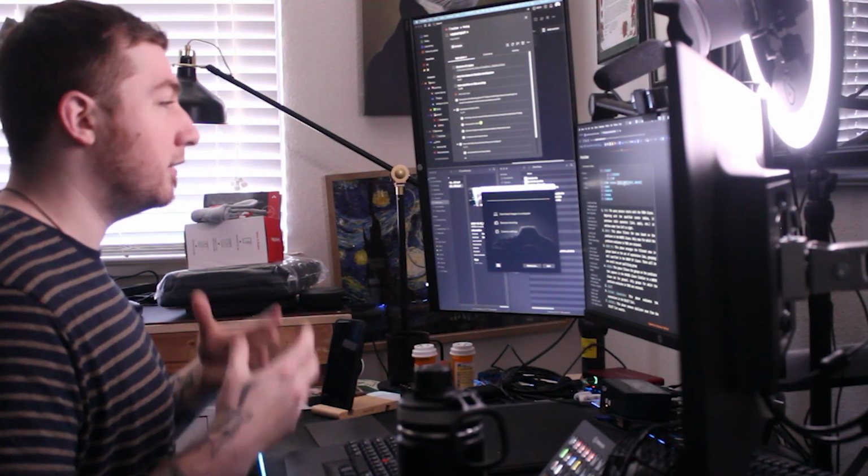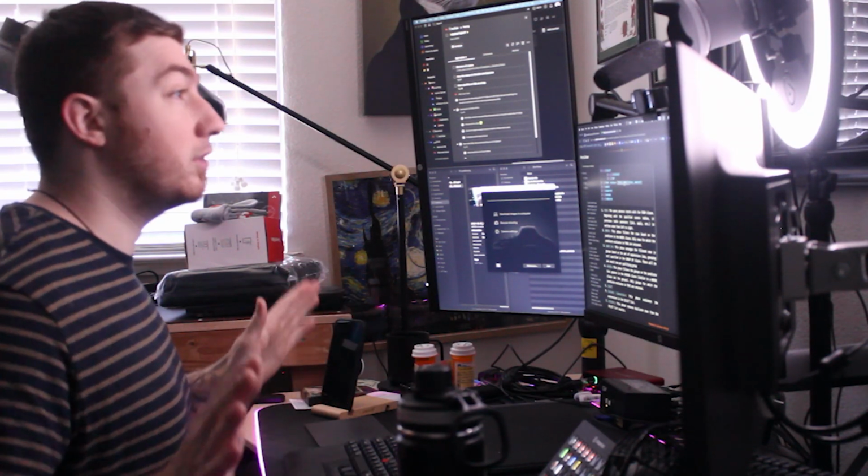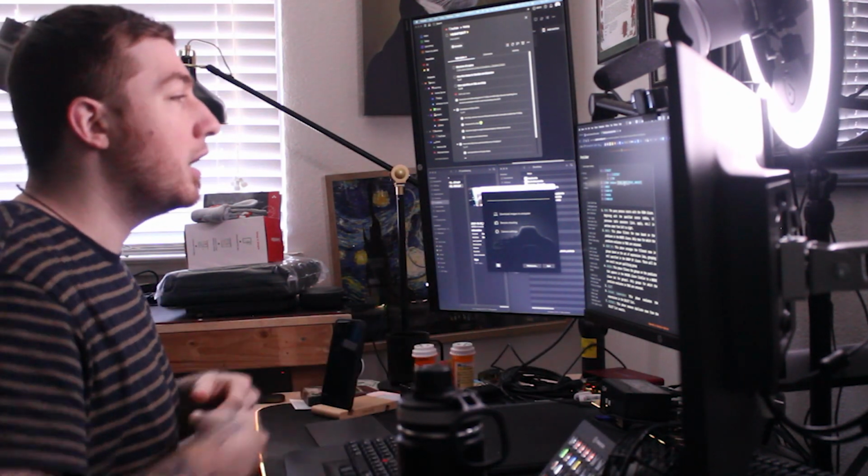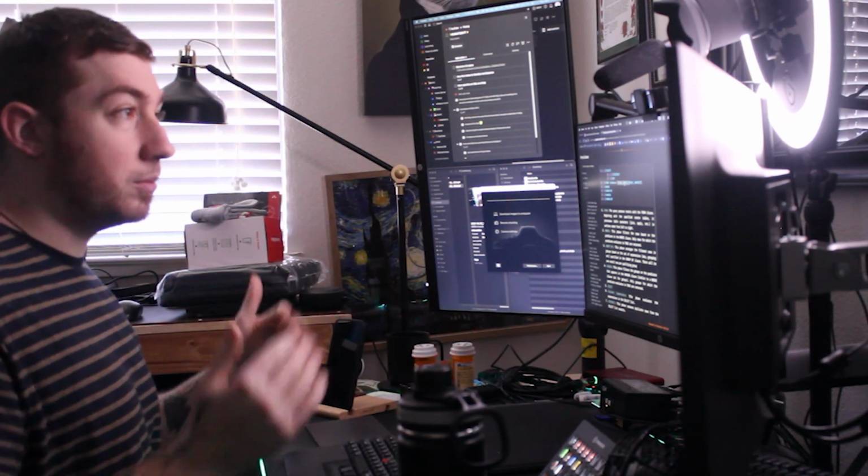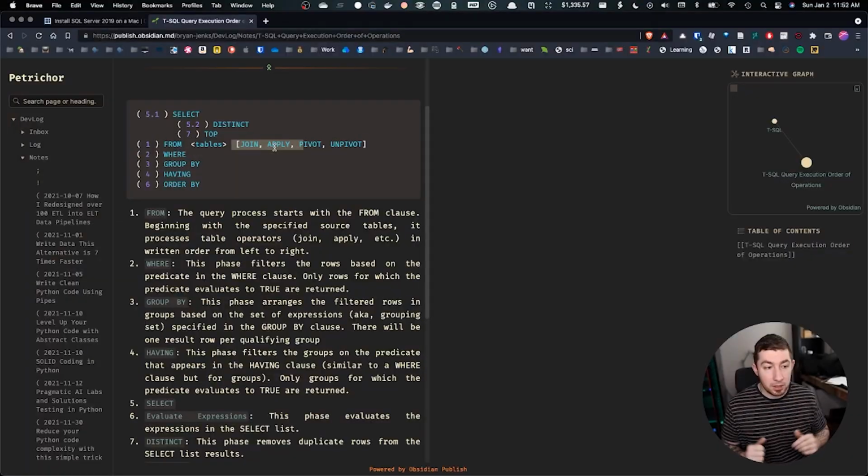Your result set is, say, select all from table. That just selects everything. Dump the whole table here. Your result set is all of the columns, all of the rows, all the data. So if you take that result set and then do all of your joins on it, if you do a lot of full outer joins, and I'll get into the examples of what the joins are later, but if you just constantly add more and more data before you do your where criteria, so where you actually filter through some records to get what you actually care about,